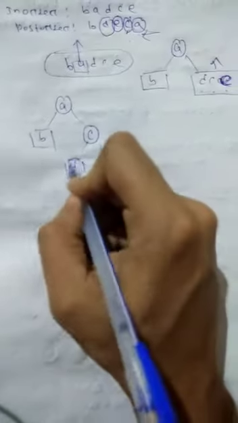C will go to the next level. So here A, B, next C is a node. Then D will be the left side and E will be the right side. Next E. E is already a single node, no changes. Next D, D is also a single node, no changes. Then next B, B is also a single node, so go to the up node. So this is your tree. If the in-order is given and the post-order is given, we follow the post-order from right to left, consider the in-order, and go one by one to find out the binary tree.